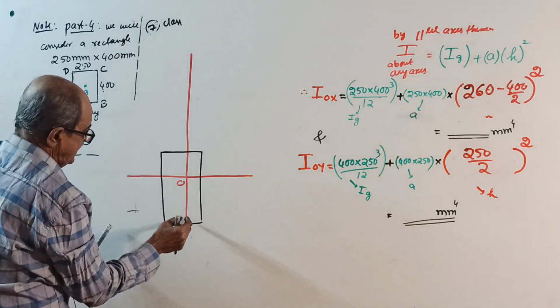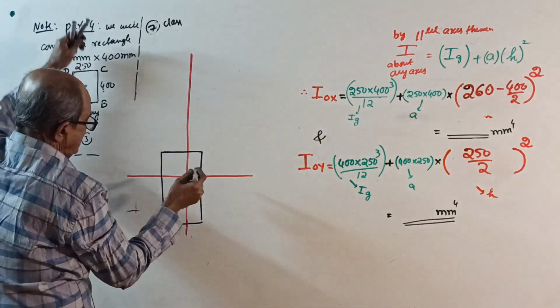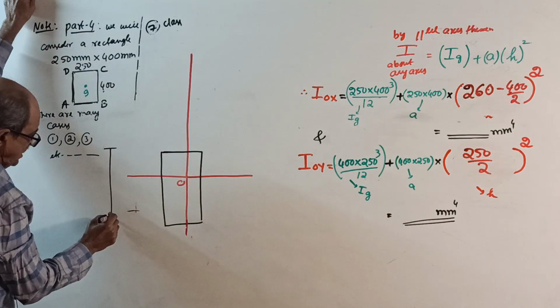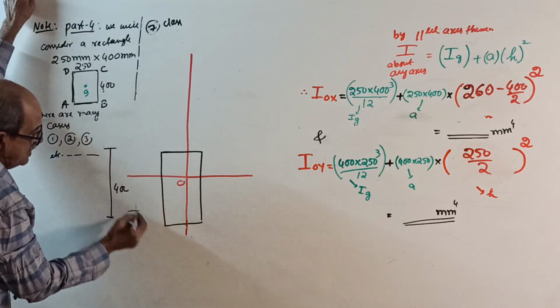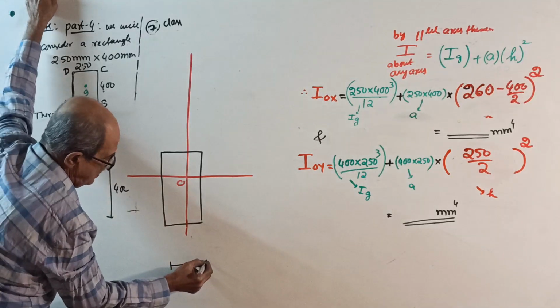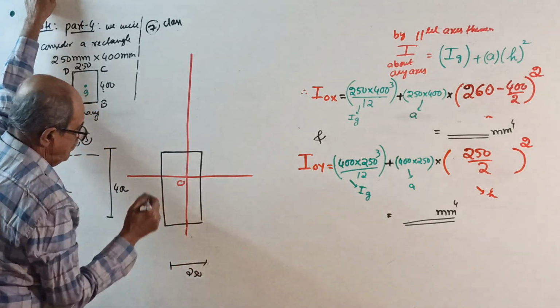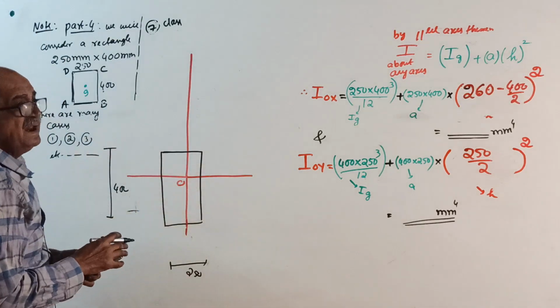This way, I will place the rectangle. See now, correctly. This is 400. Question I will give later. This is 400, somewhere outside right here. This full is 250. Okay. Now, the rectangle is placed